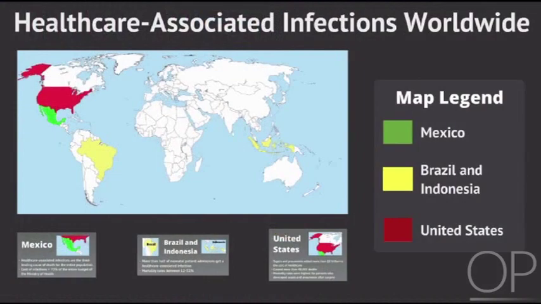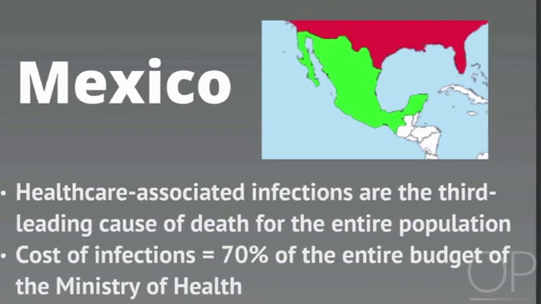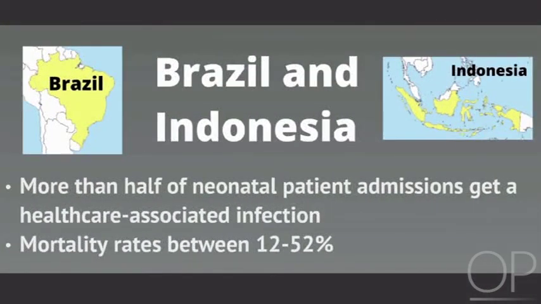Healthcare-associated infections are a major cause of death and disability worldwide and cost billions of dollars. For example, in Mexico, healthcare-associated infections are the 3rd leading cause of death for the entire population. The cost of these infections equals 70% of the entire budget of the Ministry of Health. In Brazil and Indonesia, more than half of neonatal patient admissions get a healthcare-associated infection, with mortality rates between 12